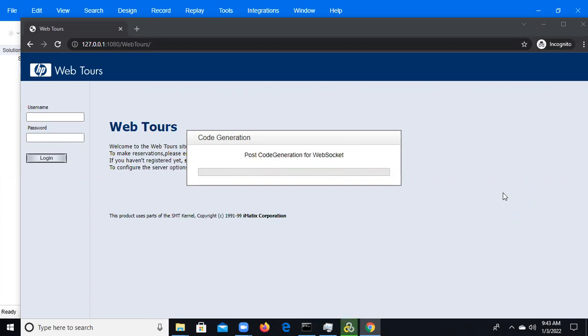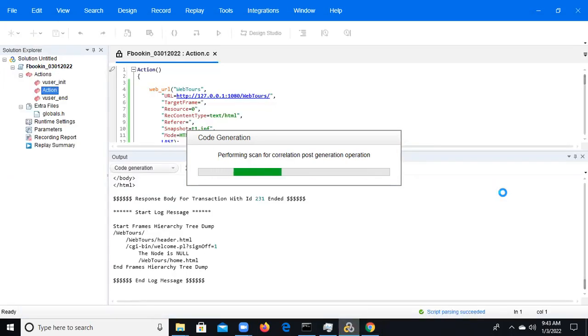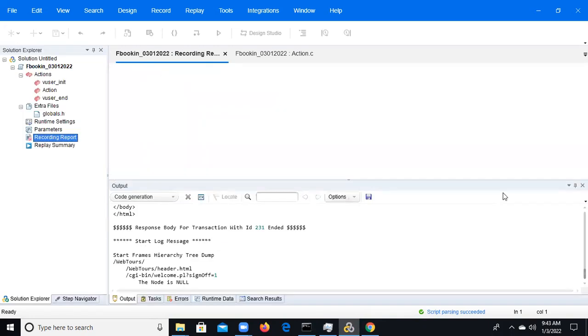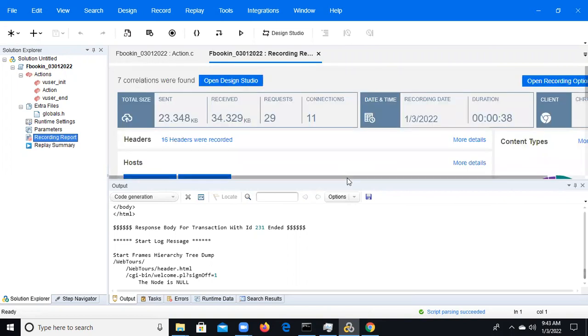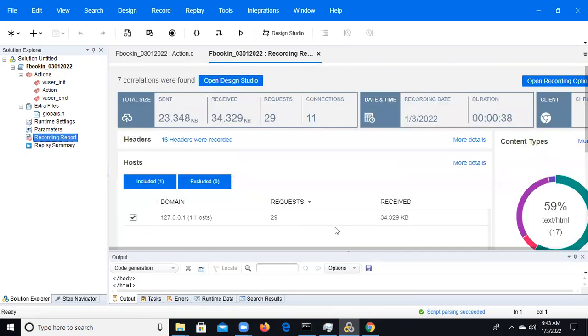Now the script is recording, so it is generating the code. Here we can see our host, 127.0.0.1. Apart from this, there may be Google or Microsoft entries. We just need to click on this one, unselect this button, and regenerate the script. That means it will be fresh, regenerating the script without unused data.